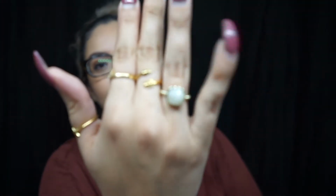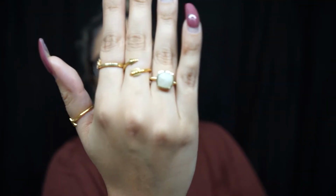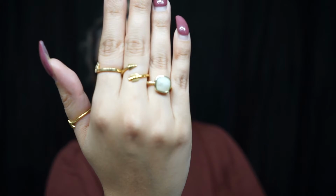Let me find a finger to put this ring on, because if you guys can't see, I have a ring on each finger. I know, too crazy for the ring, but here's the ring right here. I feel like it looks kind of like Kendra, but it's something I would constantly wear. And then my last necklace,